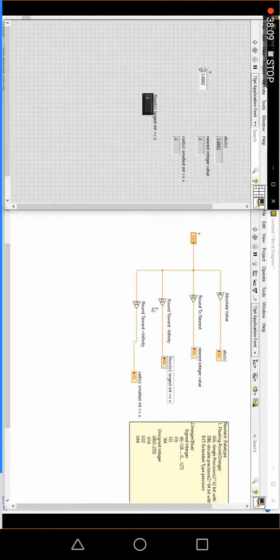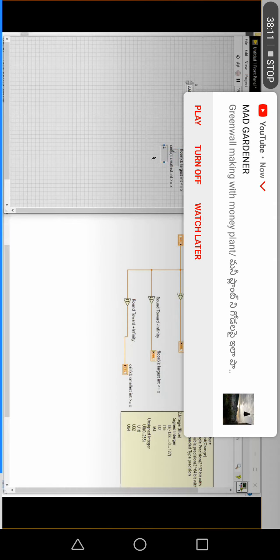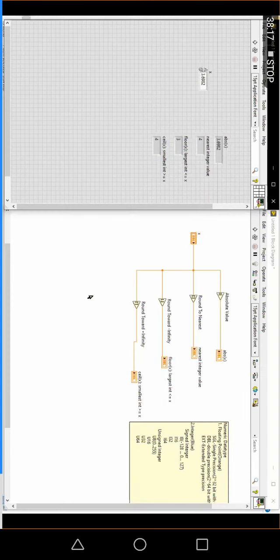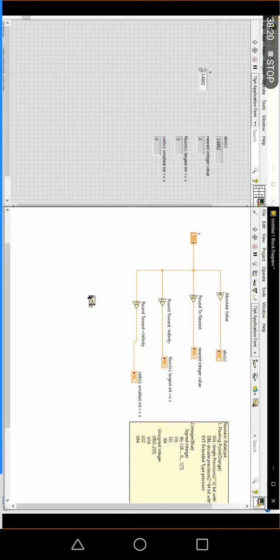Towards negative infinity, okay. This is the negative infinity. What does negative infinity mean? Simple thing: the value will go towards the negative side. Now my input will be 3.6982. Between which integers will 3.6982 fall? If it is the higher side, the value will be 4. If it is the lower side, the value will be 3. So between 3 and 4, the value 3.6982 will fall.